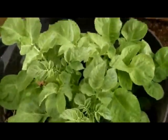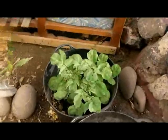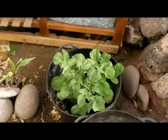which is beginning to recover because I put some mint in with it, and the mint seems to take over everything. However, I've stripped some of the mint out and it's beginning to recover. Front, I've got my attempt at potato in a tub. I've been very unsuccessful with my potatoes because